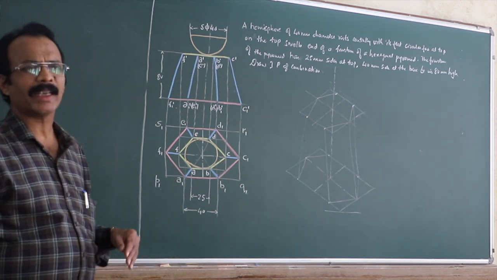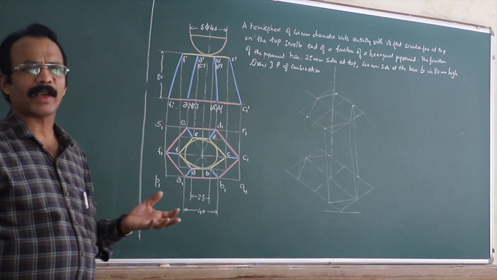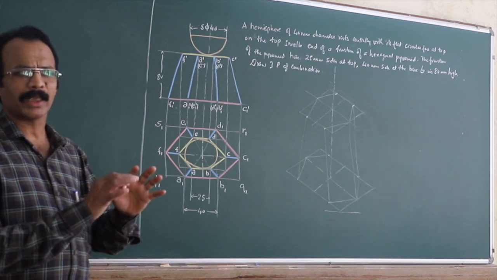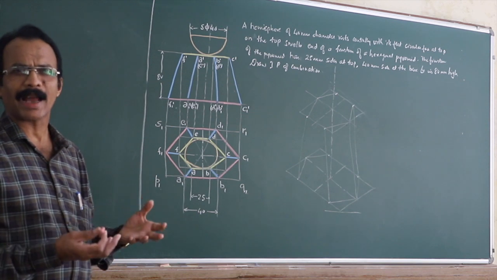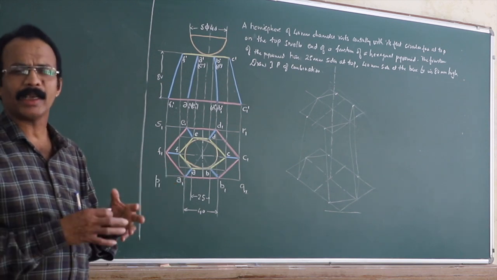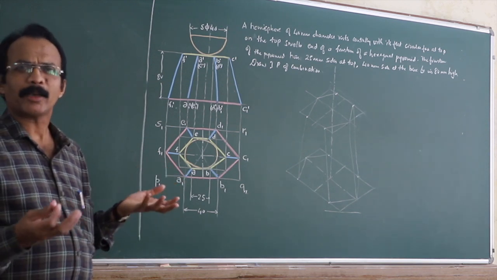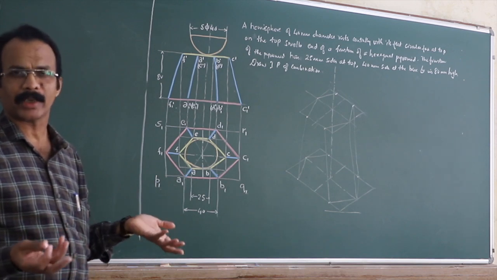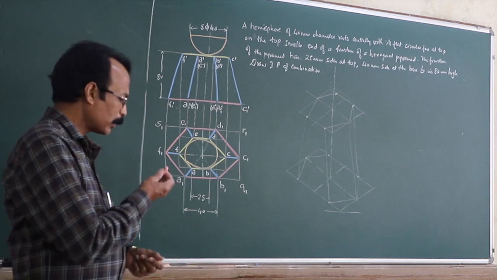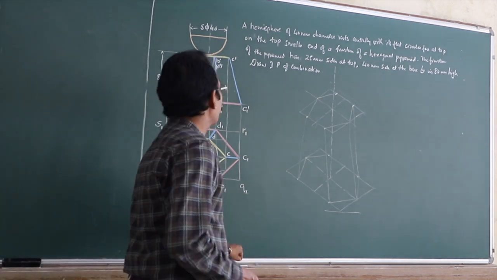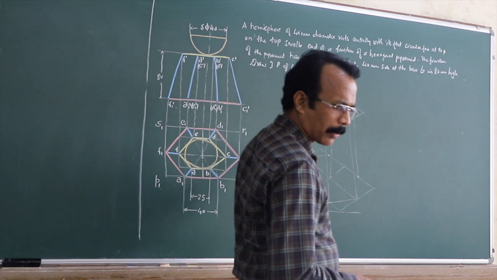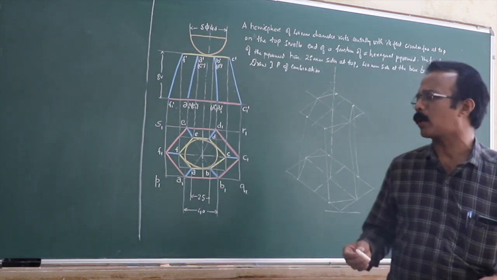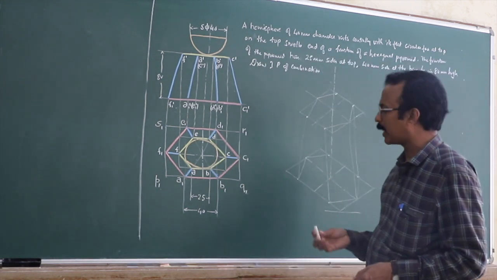Basically, as I told you, in isometric projection you have to enclose the given lamina or solid in a box, and in that box you can draw different types of polygons or circle or ellipse, anything like that. So, coming to this problem, I will just go through it. Once again, it's a solved problem, with just a small modification I have done here.